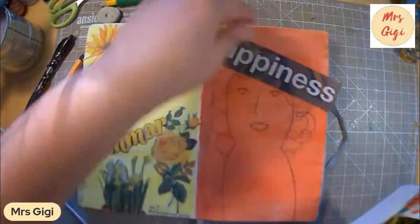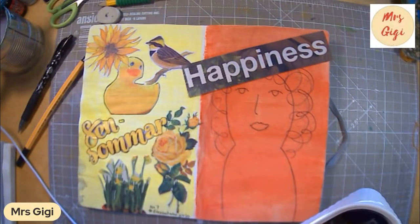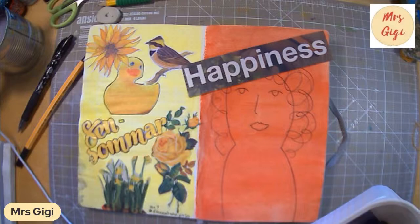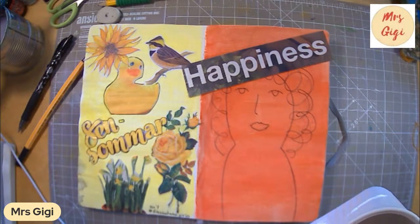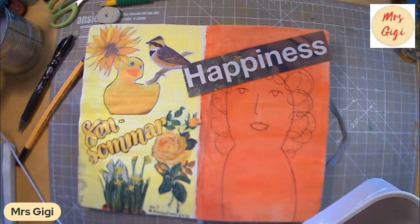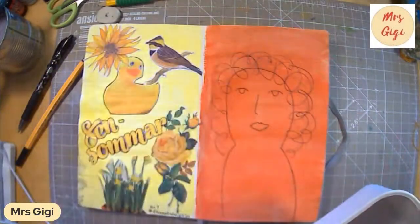What about this one? Can I fit it like that somehow? Happiness. Oh, it's a little bit too big. That's actually the only English word that I have. And I could do letters, of course, just have it. That one is happy, but it's on a red background, so